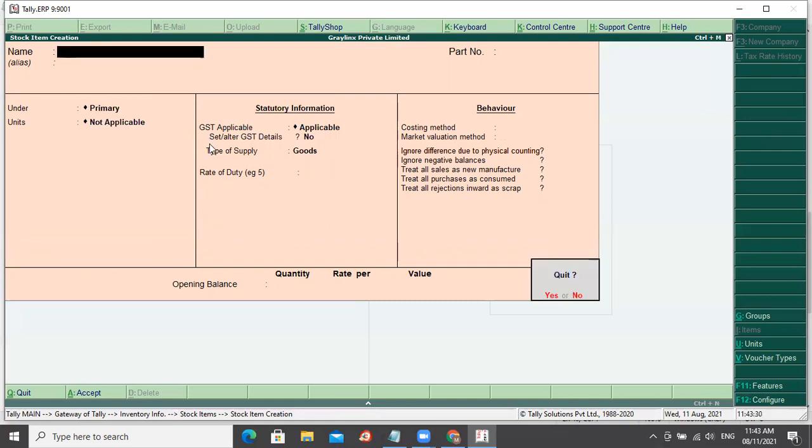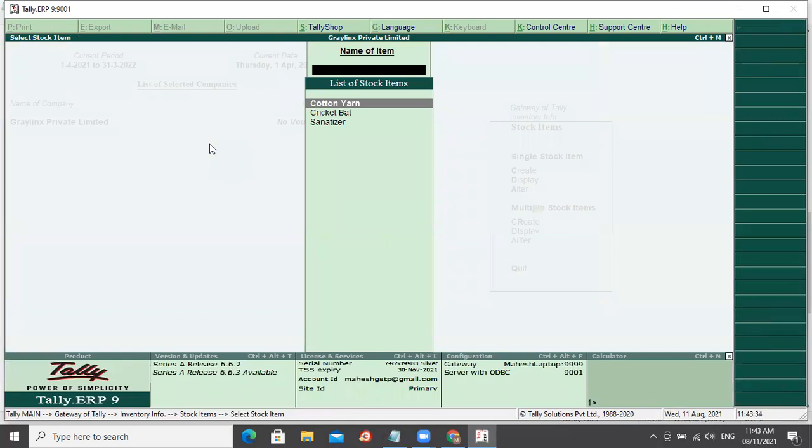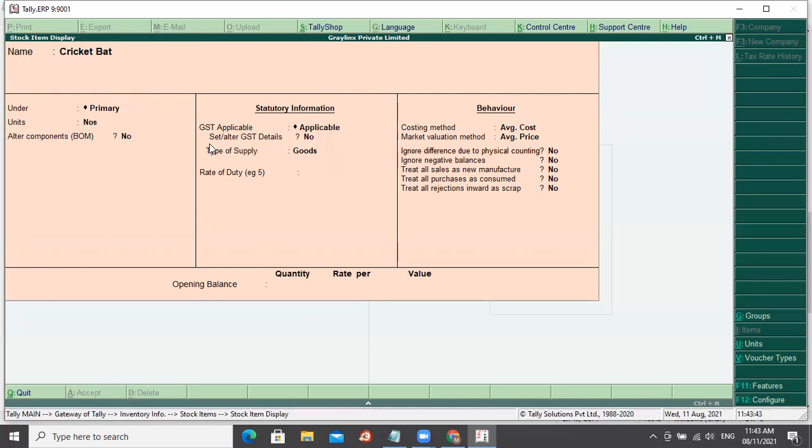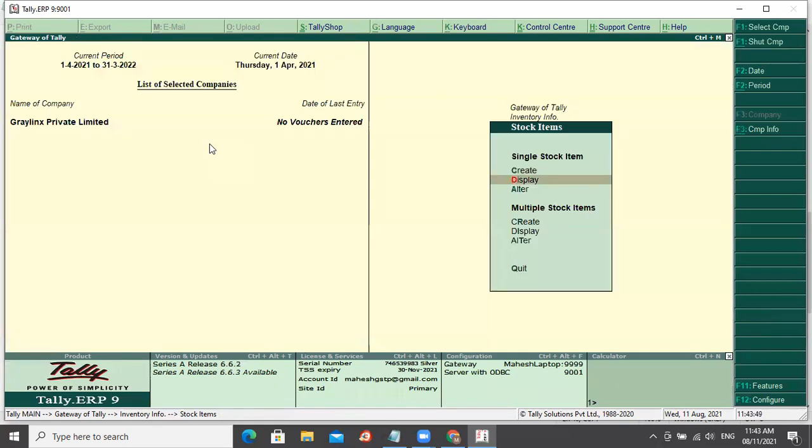And if the same product, a bat, is black and white, so we are buying two items, then how will we list it? Then you need to say cricket bat white and cricket bat black as two different items you need to create. We can't categorize under one stock category? You can, but ultimately it is based on when you look at your stock summary, at what level you need.